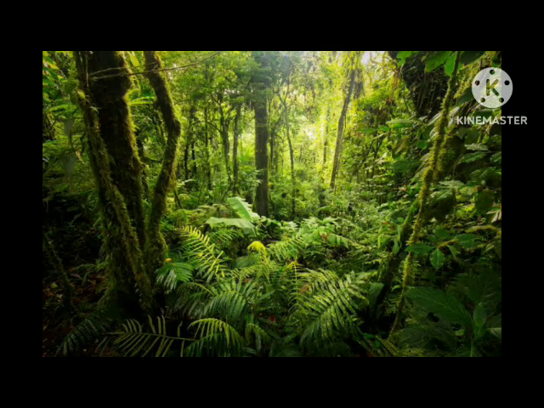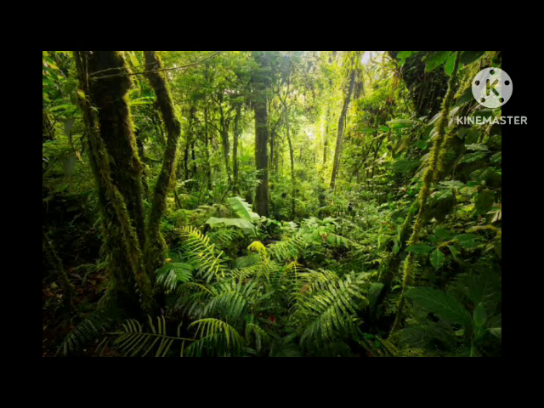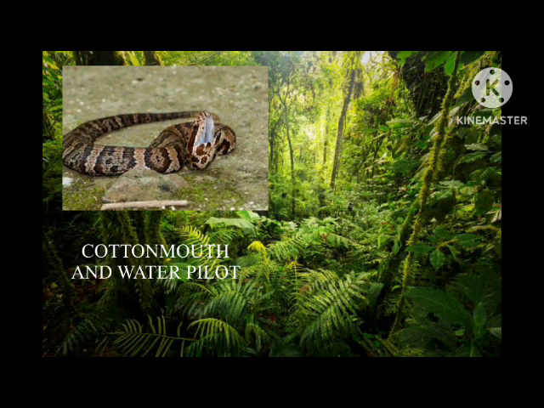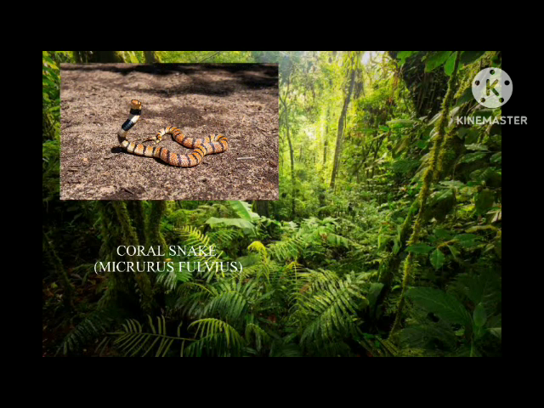After the rattlesnake, the next one is copperheads. Copperheads are found in Massachusetts to northern Florida. Size will end up to 53 inches, average 3 feet. The next one is cottonmouth moccasins, found from southeastern Virginia. Size will end up to 39 inches. The last one is coral snake, found along the coastal plains of central North Carolina. Size will end up to 39 inches.